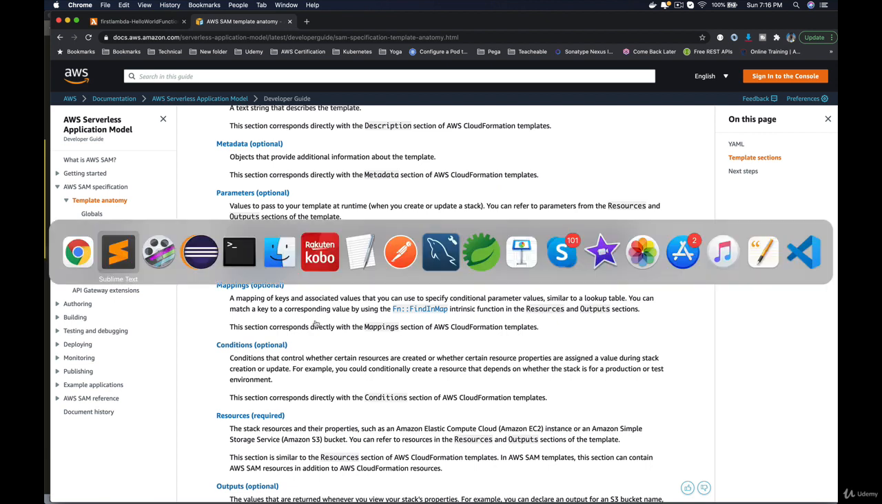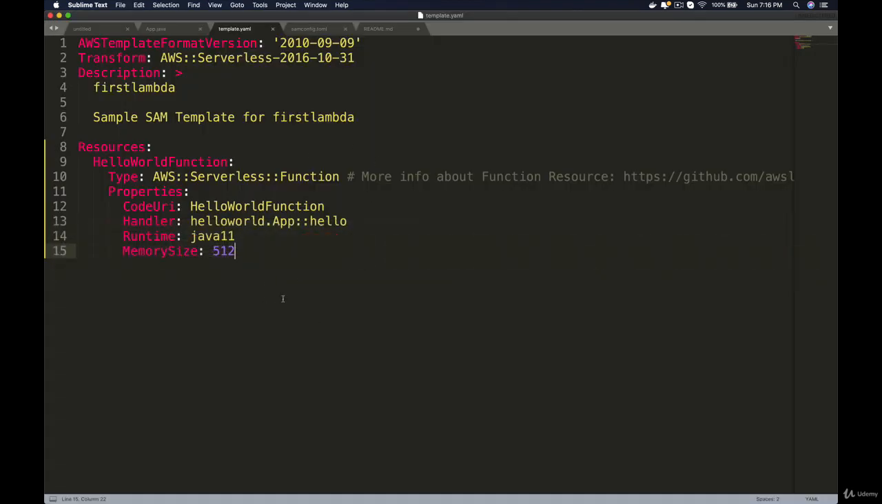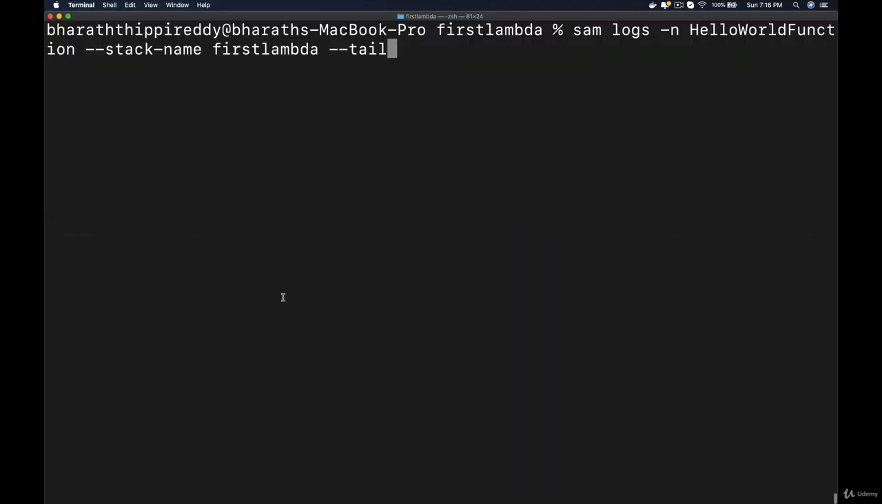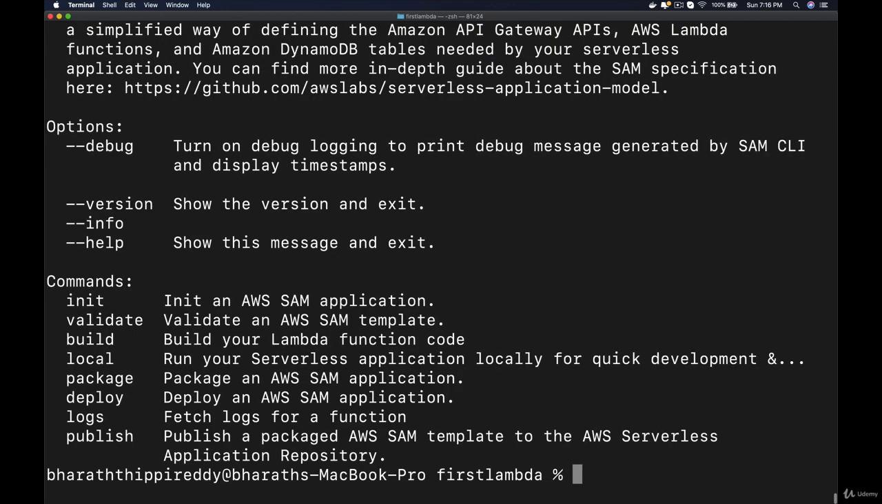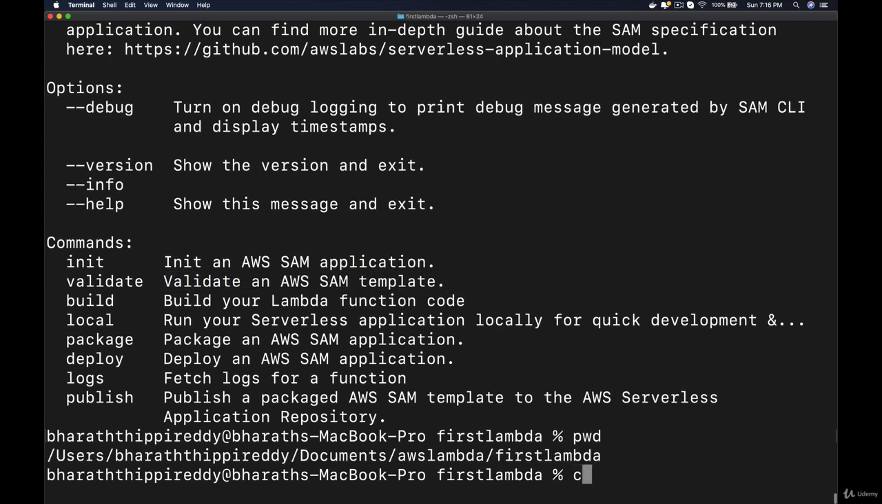At any point, if you want to validate your SAM template, you can do it using the SAM command. Go to the command line, clear this up. SAM --help. You see this validate? You can use this to validate an AWS SAM template. If you are under your project directory,